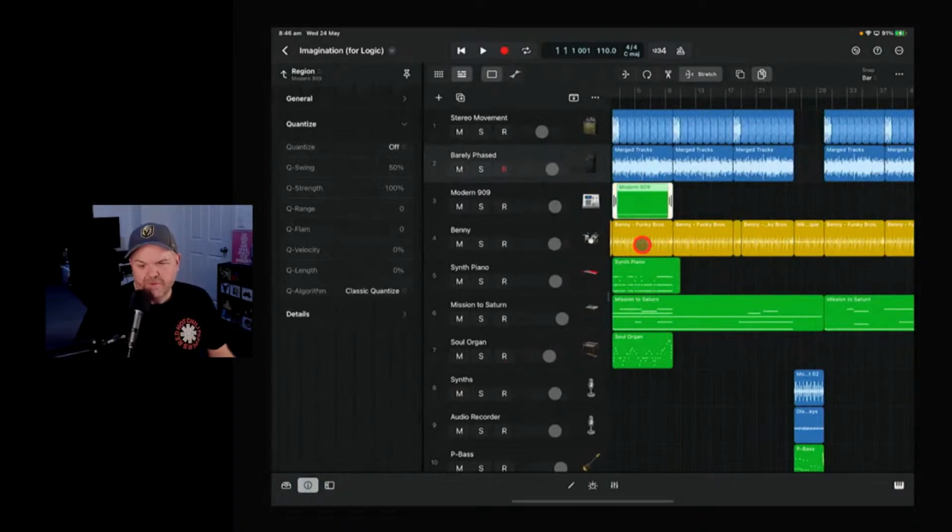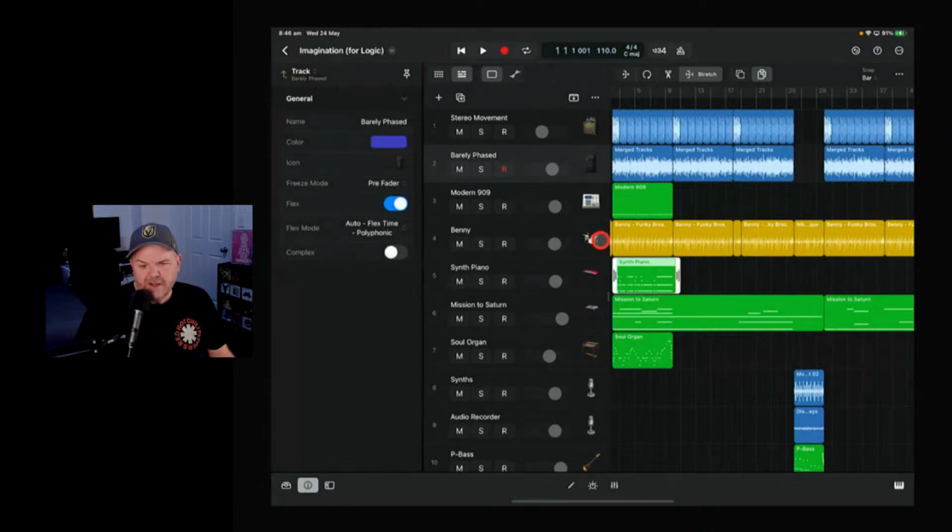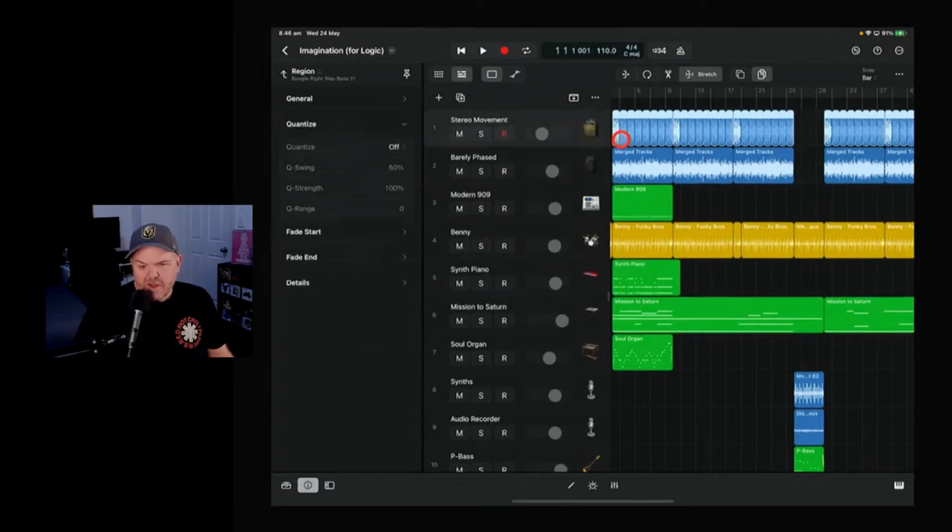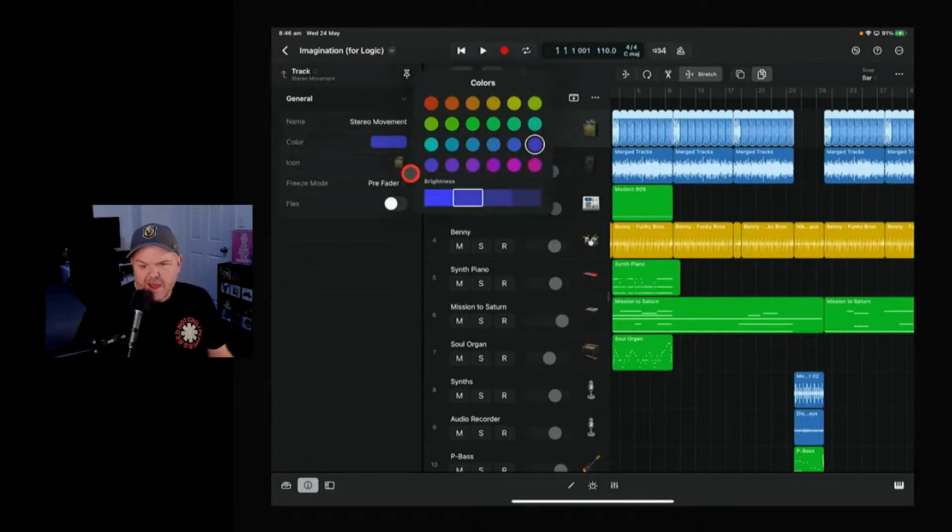So your different regions that you've got here, and you can make changes based on region and also at the track level, which is pretty cool. Someone was asking about your color coding. That's here in your inspector. So if we wanted to, let's make these bass tracks a different color. We can tap on that, go to the inspector, tap on this one, and then go to the track color. And let's make all of our basses this red color, like a really red, because red goes faster.